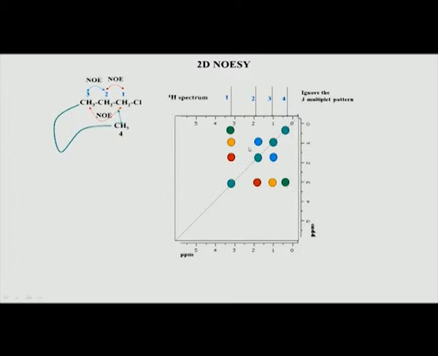So, if I see a cross peak like this between 1 and 4, immediately I can conclude that there is a distance of less than 5 to 6 angstroms between 1 and 4, but this will not be possible to see in TOCSY. So, this peak would not have come in 2D TOCSY. Why? Because 1 and 4 are far away and therefore, are not part of the same spin system. Remember the word spin system which we defined in the case of a TOCSY spectrum.